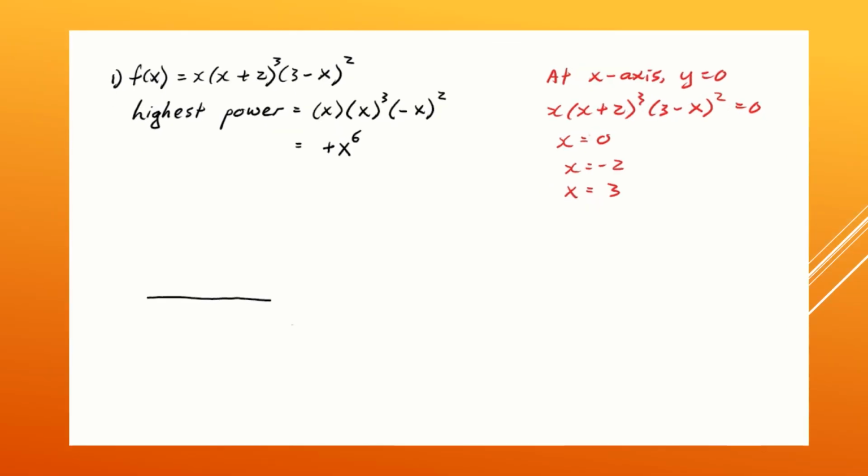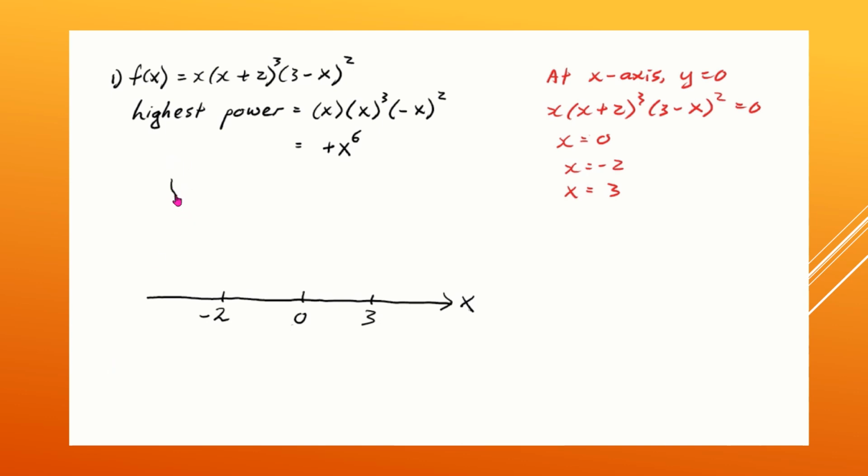Now we can label the x-axis, and we start from 0, negative 2, and 3. Then when we look at the highest power, it is x power 6. That is an even number, so basically the shape of the curve is a U shape. So we can start to draw the curve